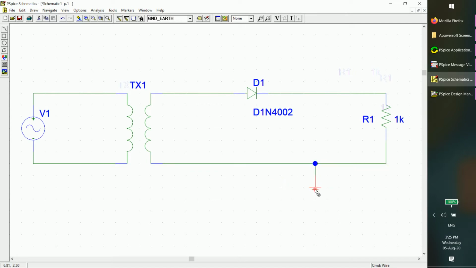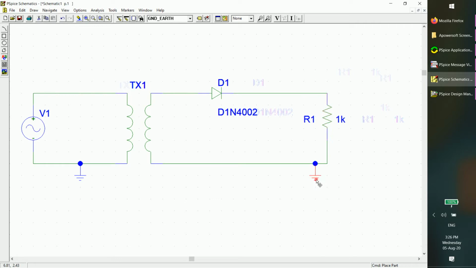Wherever you have a connectivity of more than 2 wires, you'll have a node, just like here. You require one more ground here, because otherwise you have a loop without a reference. The parts already being used will be displayed. You can pick one from this drop down menu, GND_EARTH. Let me keep it here. Otherwise, we'll get an error. Also, while simulating, I'll show you what kind of error you'll get. If you want to move the parts, it is possible.